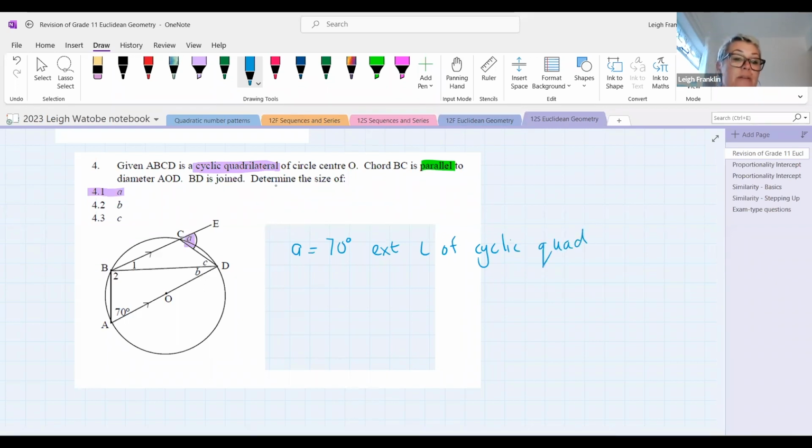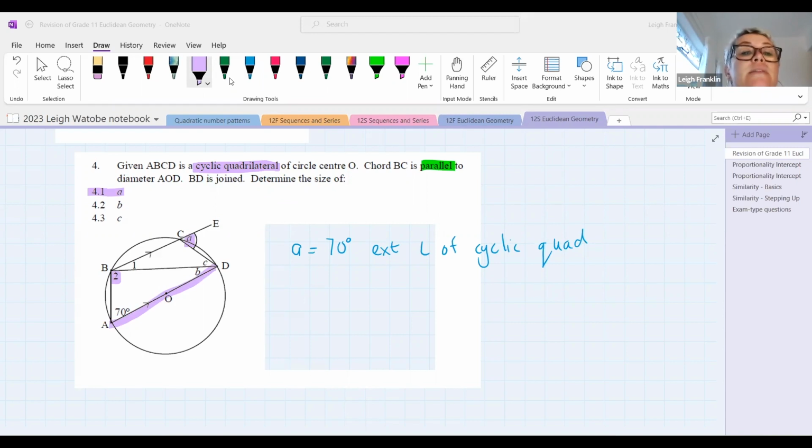Okay, so now that means that we've got that angle over there. Then they want us to work out angles B and C as well. So if we have a look at B next, they have told us that AOD is a diameter. So if AOD is a diameter, what does that mean about angle B2? What is it equal to? Angle B2 has to be equal to